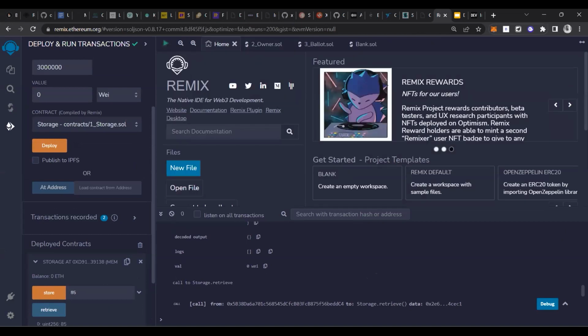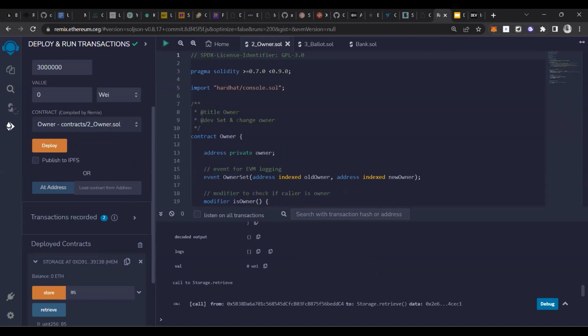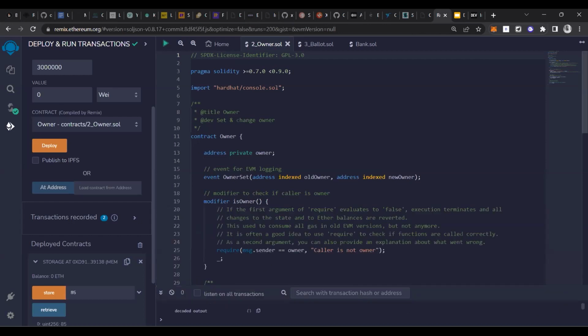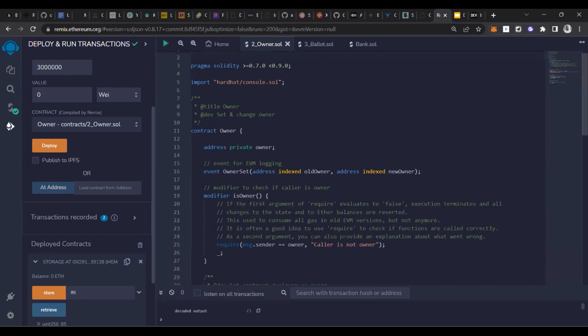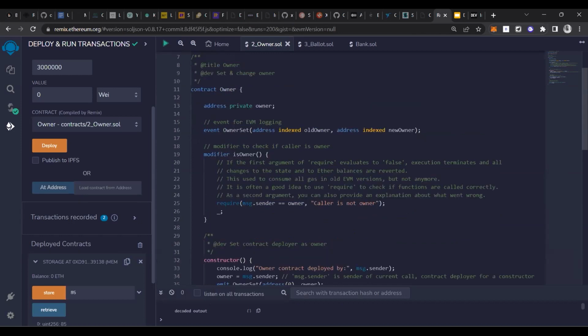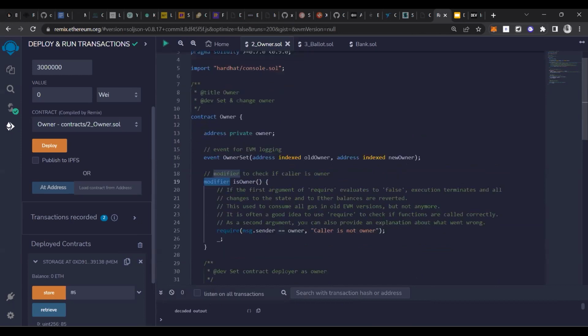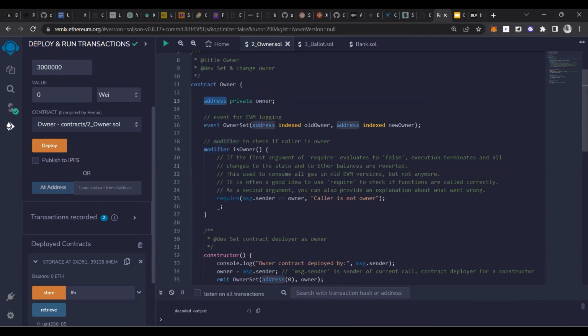Let's go with the second smart contract, the Owner smart contract. Here is the use of the modifier, which I have already covered. We mention the owner with the private keyword, which means the owner data is private.